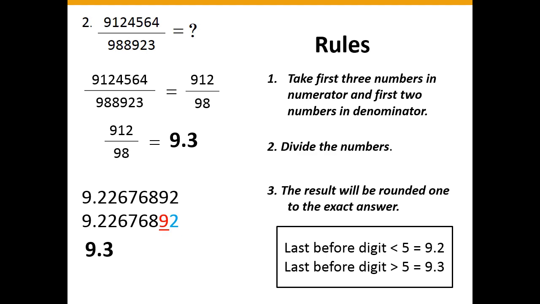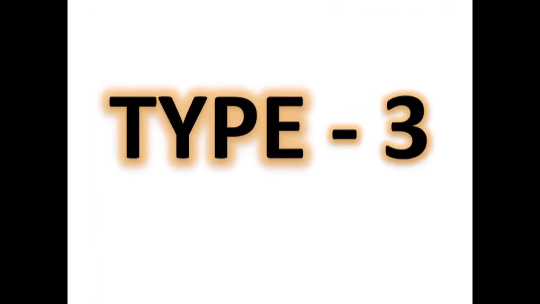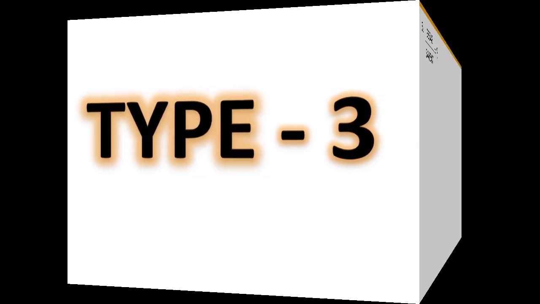We will move to the next type. Now in this type 3 method we are going to solve the sum which is used when the numbers in the numerator are lesser than the denominator and the difference of the digits is 1. I know that you can't understand it clearly. Actually it is the opposite method to type 2. I will explain the type 3 method in problem 3.